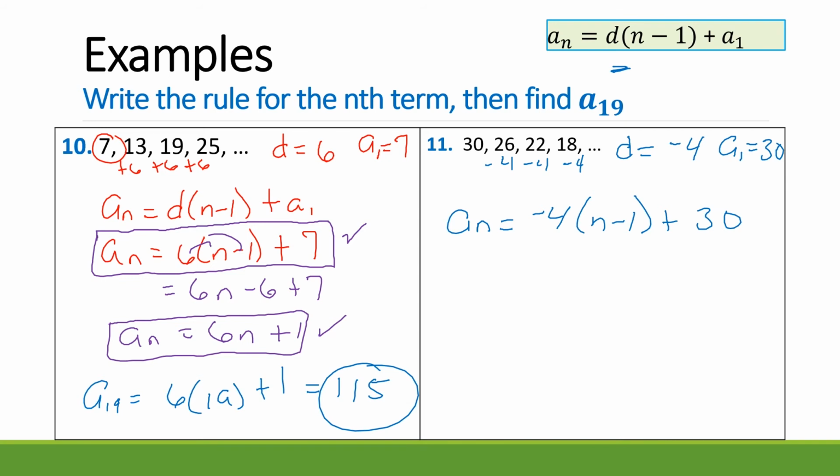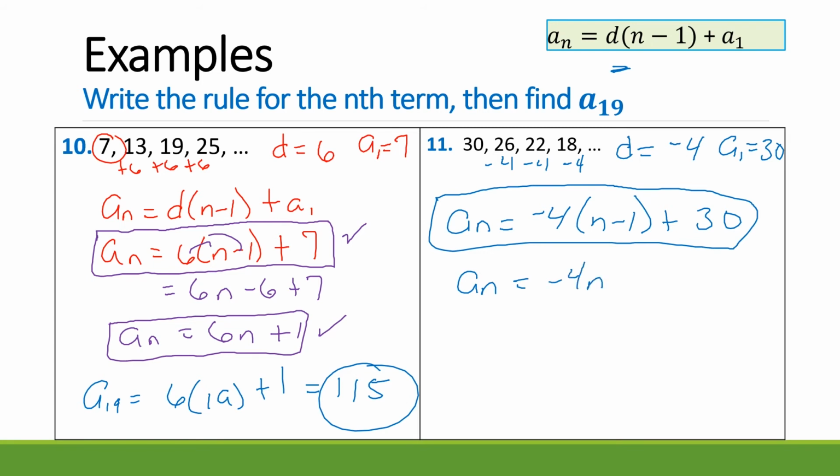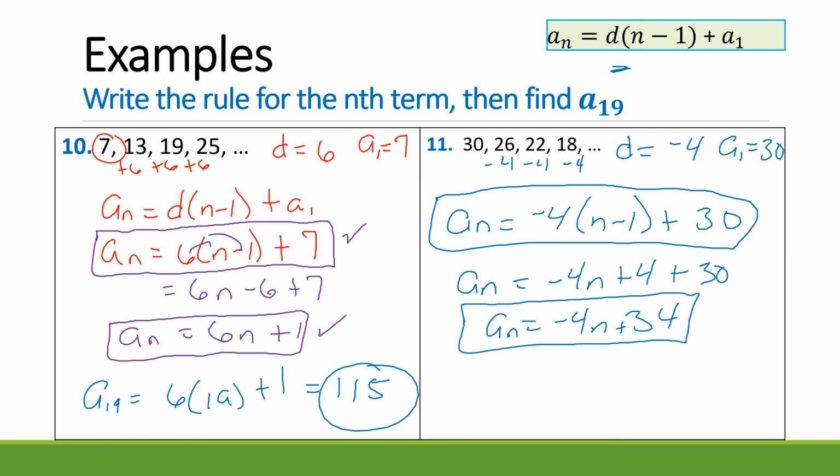And so I could actually leave it like this, but when in doubt, simplify it. So distributive property, negative 4n, negative 4 times negative 1 is positive 4, plus 30, negative 4n, 4 plus 30 is 34. So that's plus 34, and that is my form. I want to find the 19th term, so just plugging in 19 for